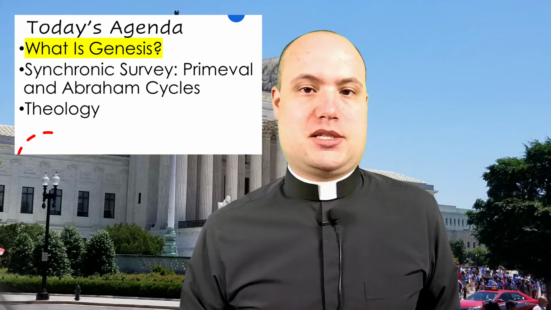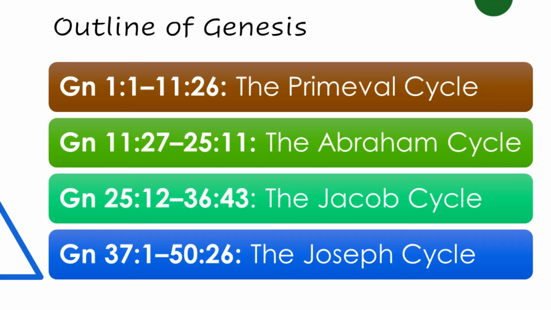The book of Genesis consists of 4 main parts. We've talked about cycles. A cycle is a collection of narratives that center around one character or theme. There are 4 main cycles in Genesis, and a number of authors have come to the same conclusion, even if they dither over which chapters, what are the precise contours of each one. There are 4 cycles. There's the primeval cycle, dealing with prehistory.